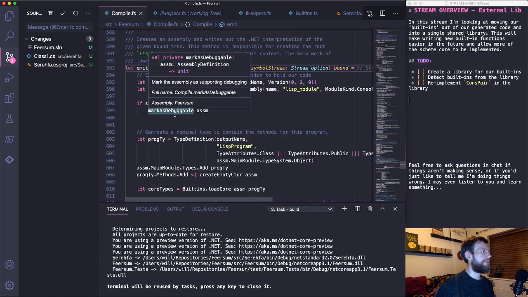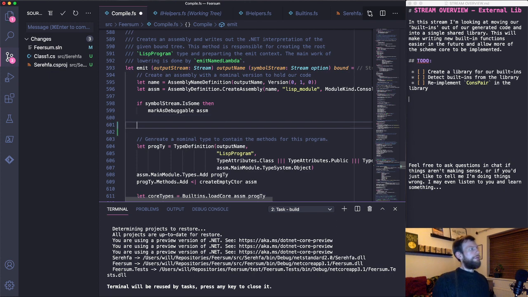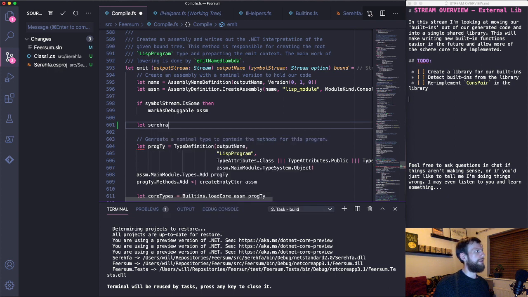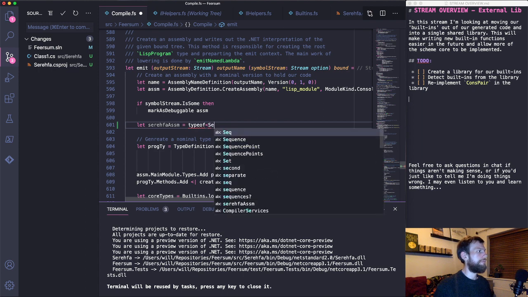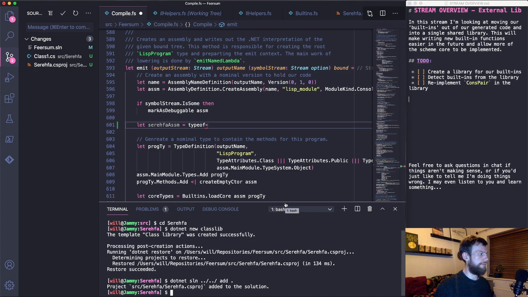And in emit, we are going to do let Sarifa is type of, let's add a reference first. Need to be able to see this library from our